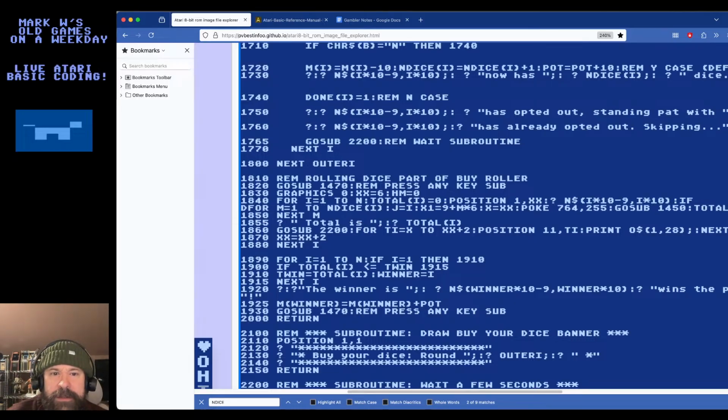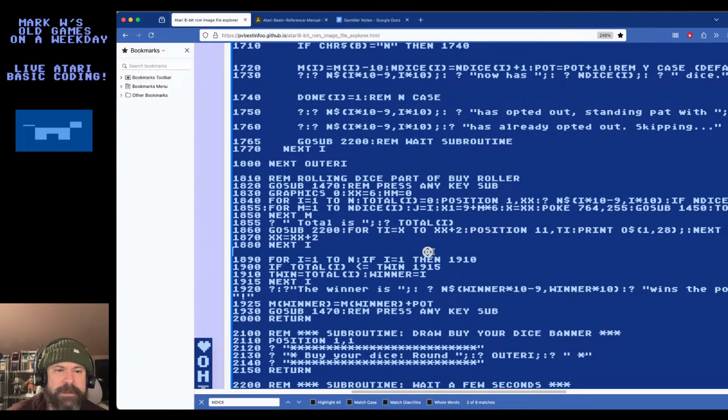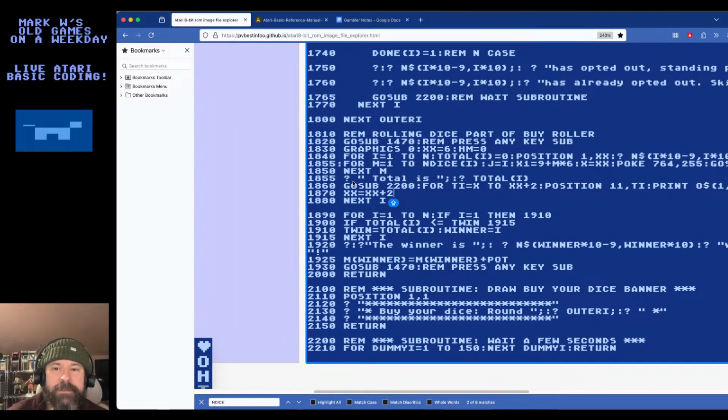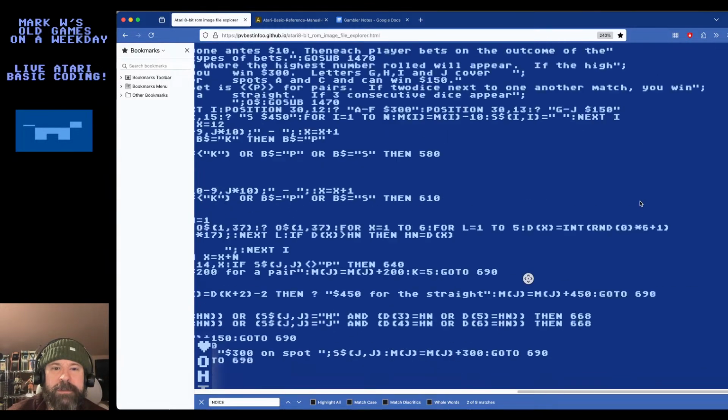If end dice of I equals 0, then go down to this line here, 1855, and it'll say total is 0 without rolling any dice. All right, hopefully I did that right. If end dice I equals 0, then 1855, it'll jump down here, and it'll say total 0. All right.